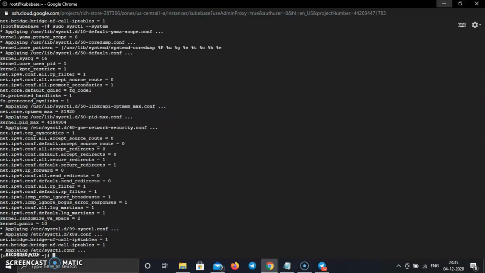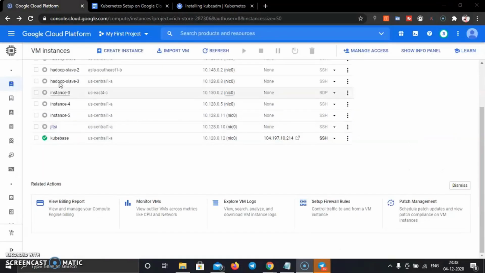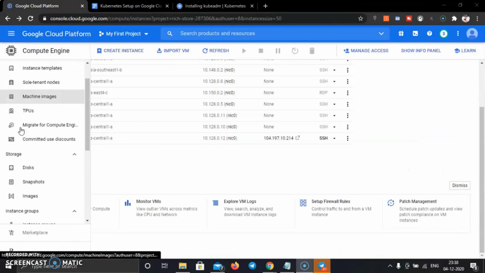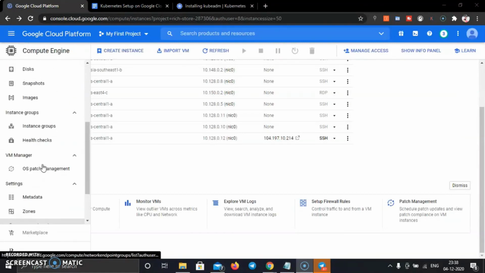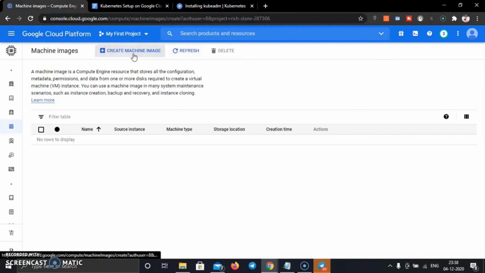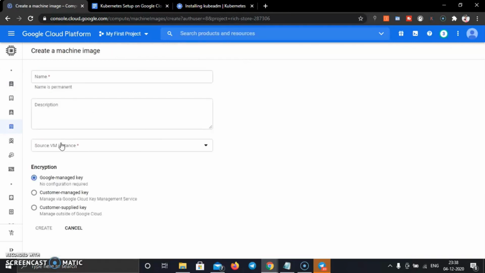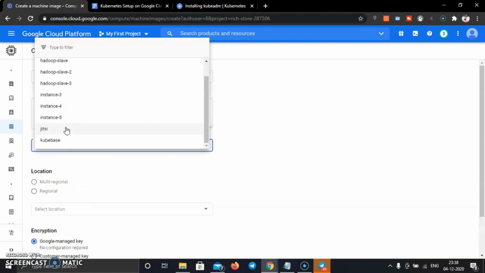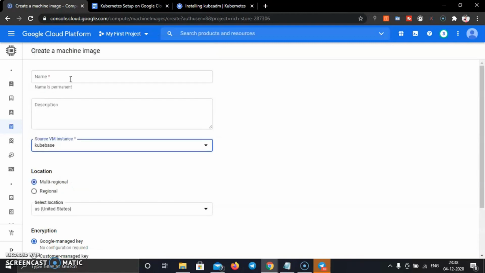Now we need to create the machine image. So for creating the machine image, just go to the machine image. Here you can find the machine image, just click on create machine image and choose this instance as the source. Okay, so my instance is this one and give any name.